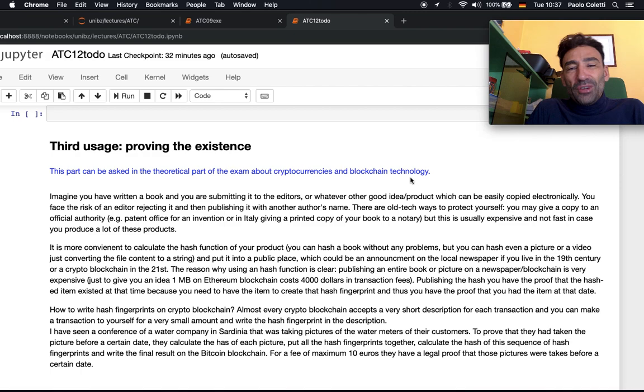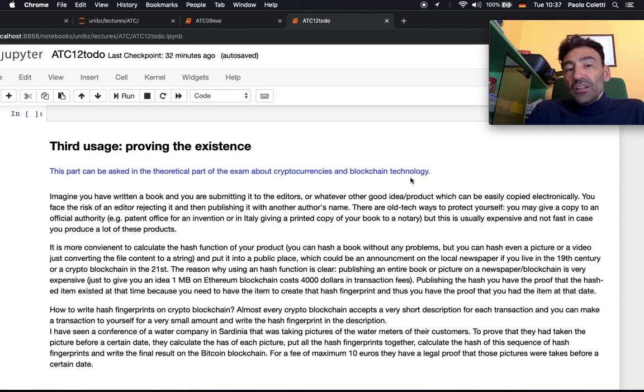If you want to load something, usually you load the hash of the book, and in this way you have proven that that book existed at that time, because the cryptocurrency blockchain usually has a precise timestamp for each block. Your transaction will go on a certain block, there will be your hash on that block,